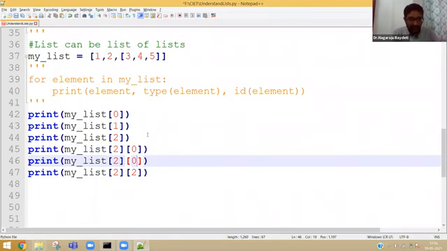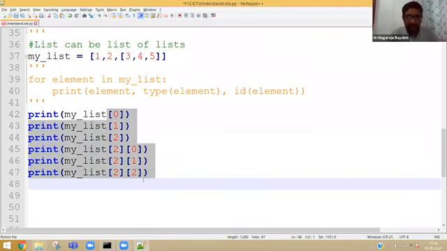Now I am going to give you one assignment. Instead of directly writing like this, 0, 1, 2, 2 of 0, 2 of 1, 2 of 2, the assignment is that it should happen automatically by the program. I don't know how many I will define. I can define 1, 2, 3, 4, 5 as a sublist, or I can define many sublists. Automatically, your program should give me individual elements irrespective of how many levels of sublists I am giving. At least take 2 levels. What I mean to say, listen here.